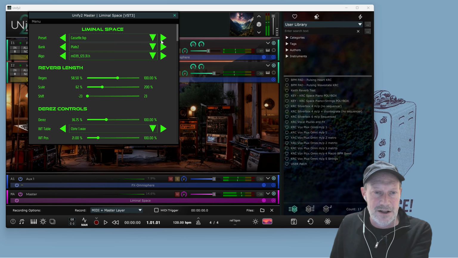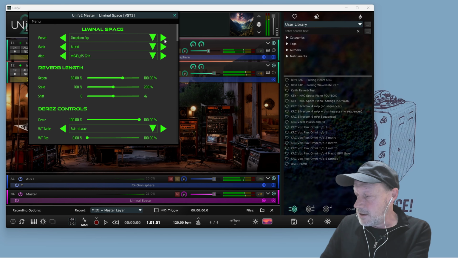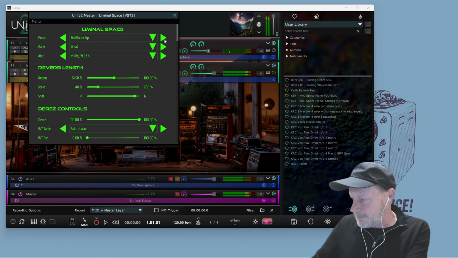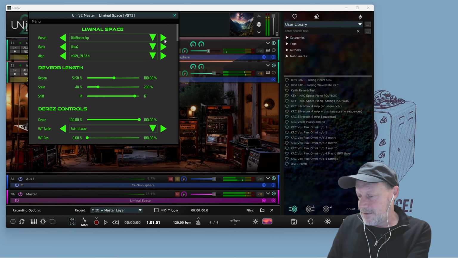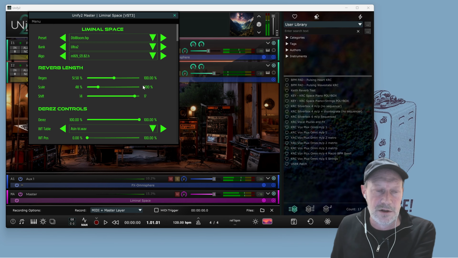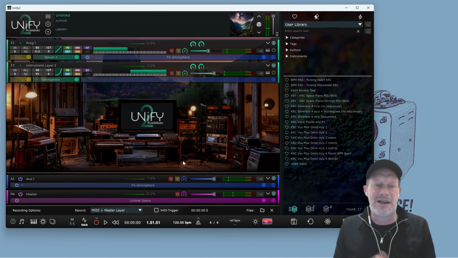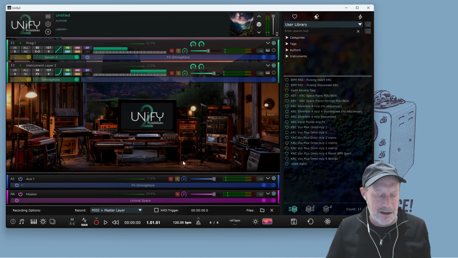It does all sorts of other things too, including infinite reverbs. Anyway. It does this cool derezzing effect too. All right, so you start to see how we can assemble a multi-layered patch